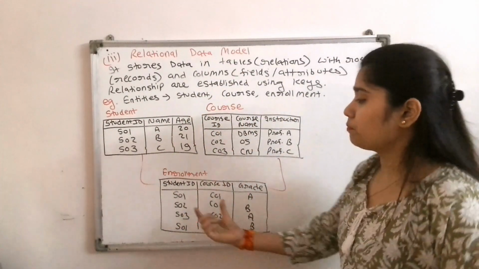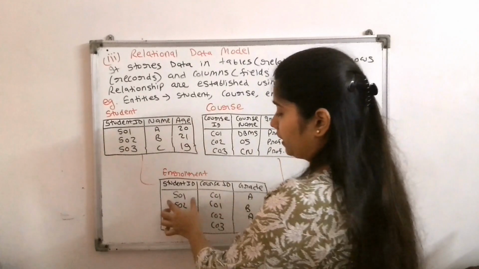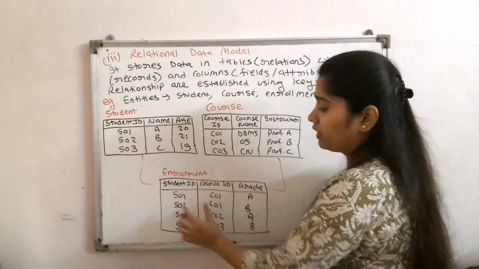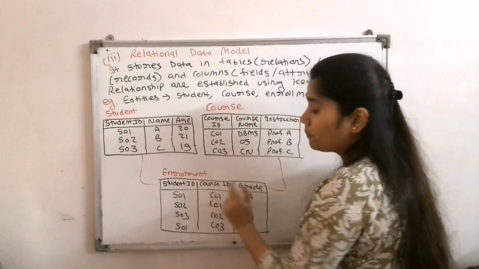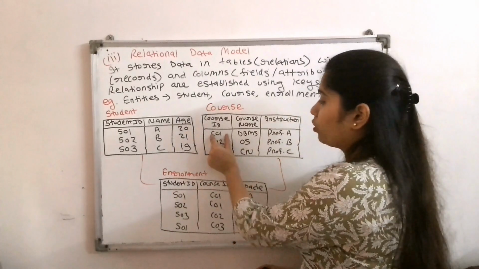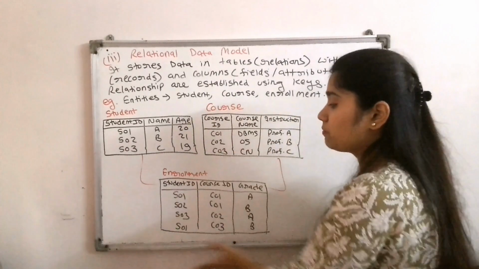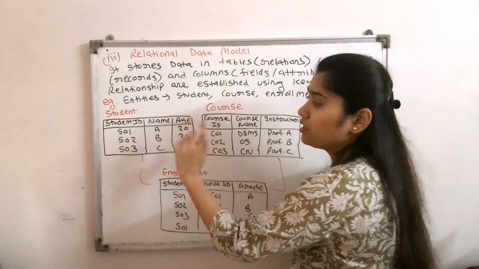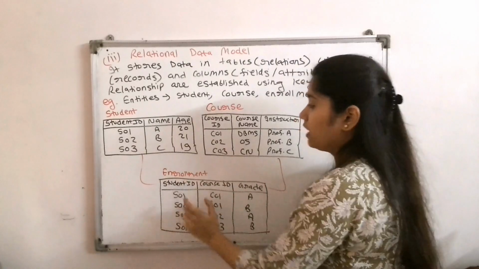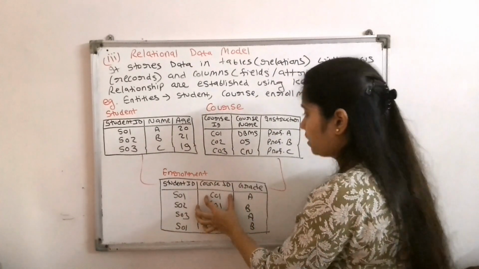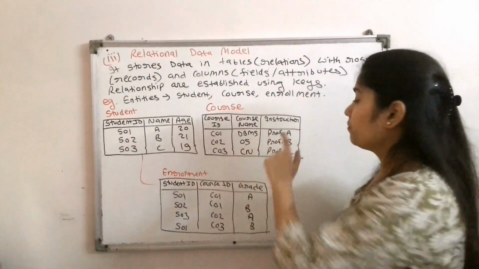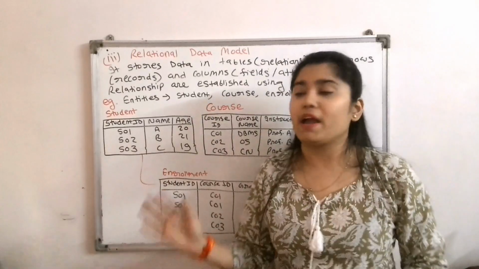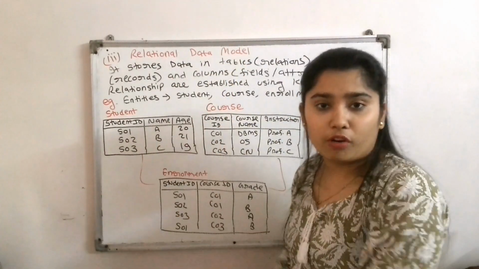Suppose we take an example. Suppose we have the student ID as S01. From this table we get that S01 is enrolled in the C01 course, and C01 was the DBMS. So from this table we get the information that the student with ID S01 has enrolled in the course named DBMS, whose instructor is Professor A, and whose grade is A. Okay, so we do not need to combine both the tables and write the full table.